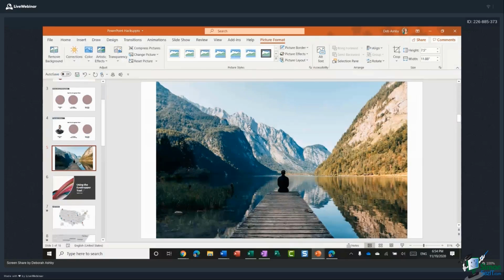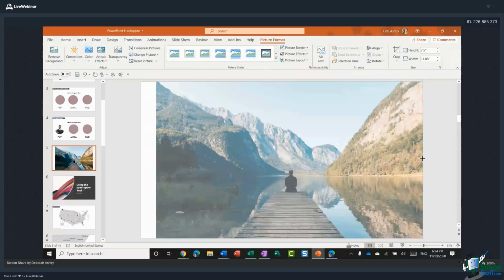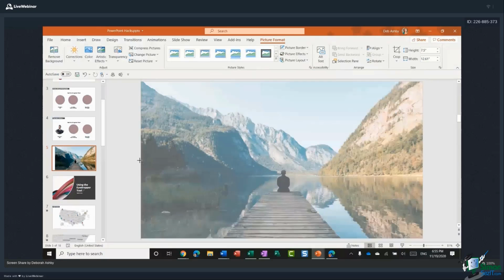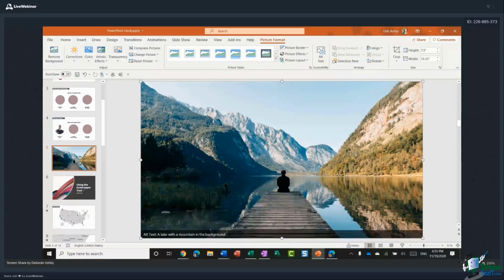So what I find people will often do in this scenario is they will click on the picture and then they will use the resize handle, drag it out to fill that white space. And I've seen a lot more extreme examples than what I'm showing you here. This picture still looks pretty okay. It is slightly stretched, but I could probably get away with it. But you'll find a lot of the time you'll see images which are very clearly stretched and things start to distort. And that's because people don't understand how you can insert a picture the correct way, essentially, using crop and fill.